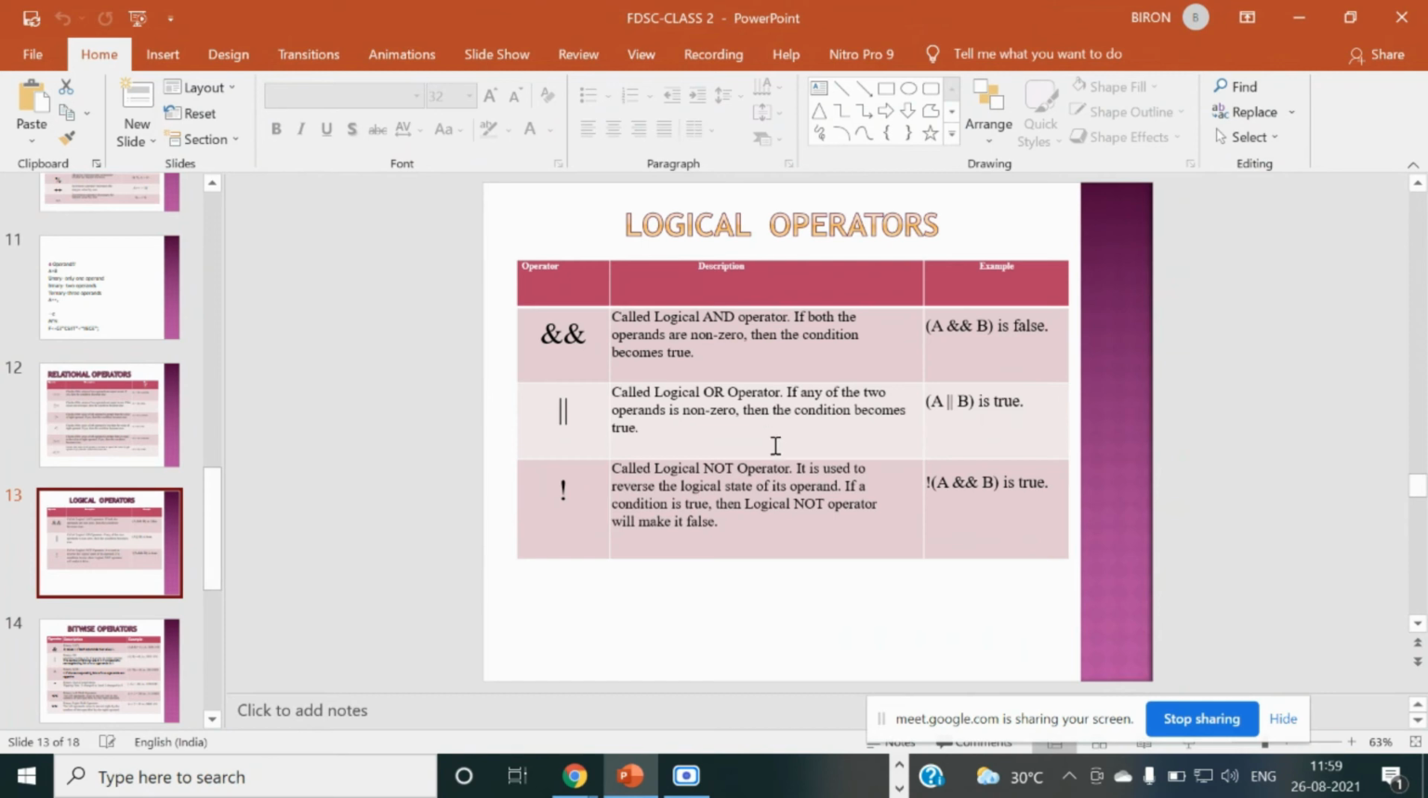So then the next thing is logical operators. So logical operators, that is